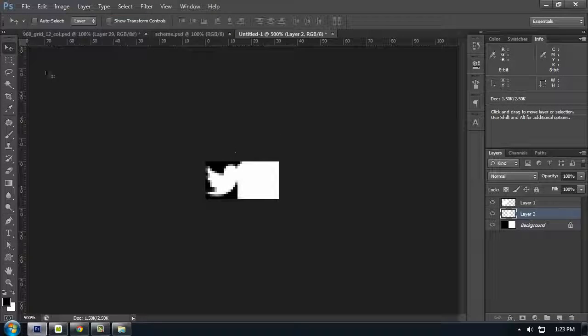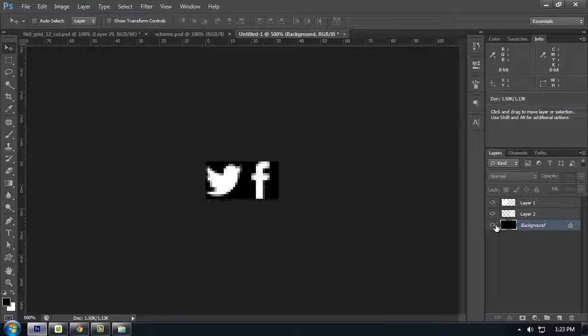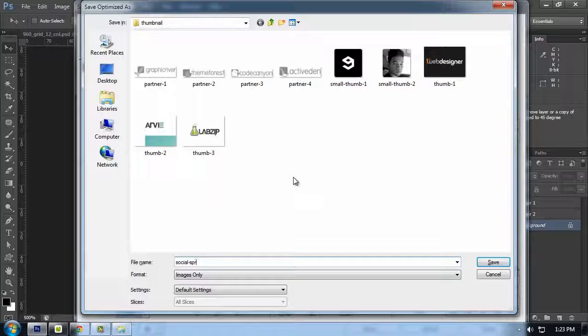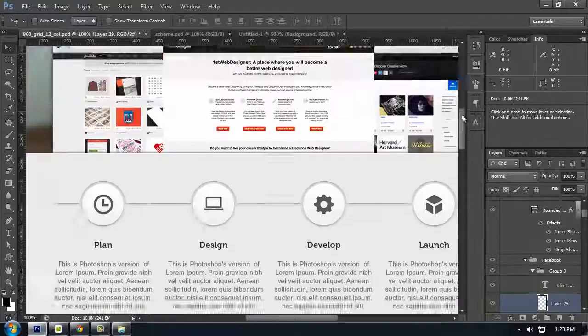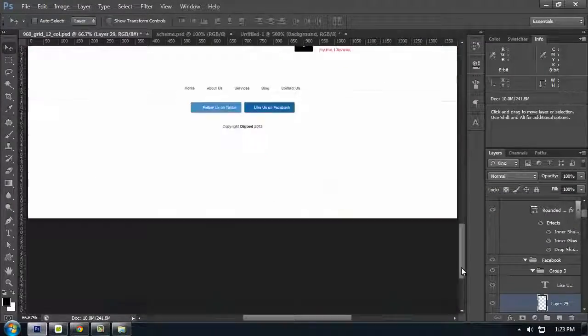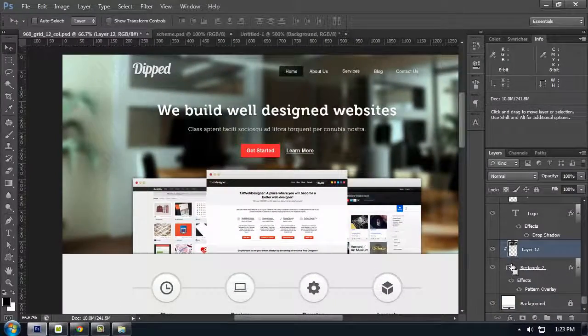And for this one, for Facebook, we can align it on the center as well. So let's save it and name this Social Sprite. So what did we miss? The background itself. So cut this out,